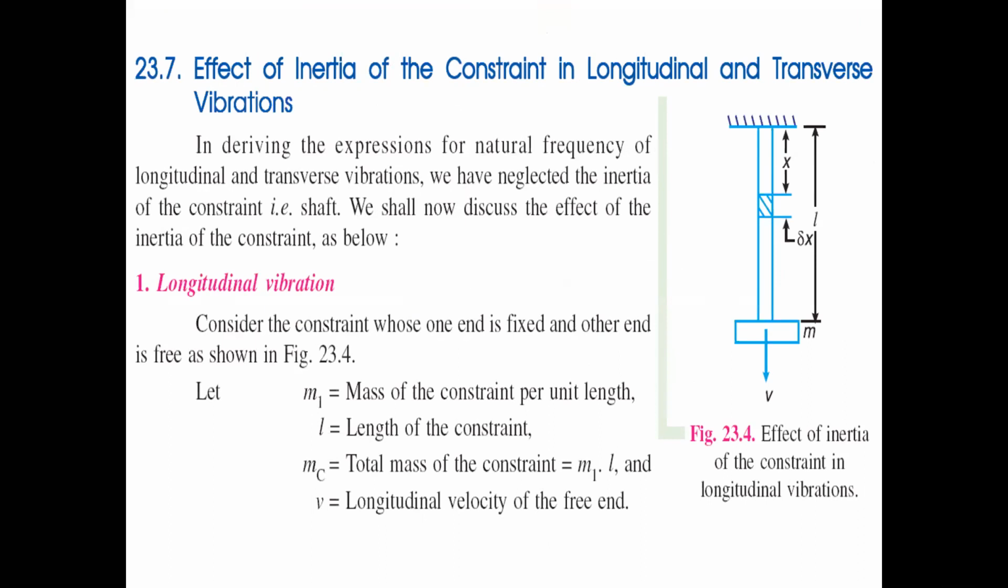So here, what is the small difference between this one and the earlier one? That is, we are now calculating both the longitudinal and transverse vibrations. But the thing is, we add the effect of inertia of the constraint, that is, the spring mass, sorry, the shaft mass also. In earlier derivations, we neglected the shaft mass, or spring mass, and simply calculated the values. But here they may also